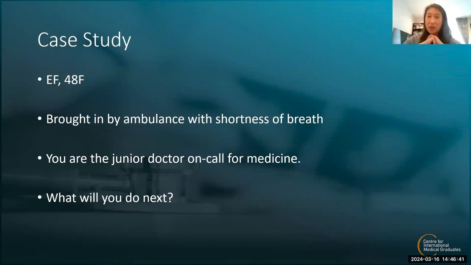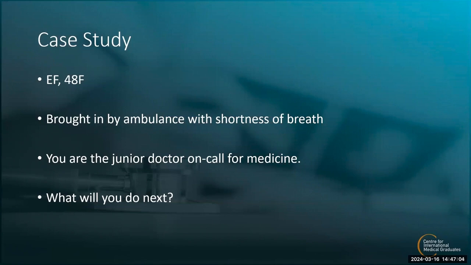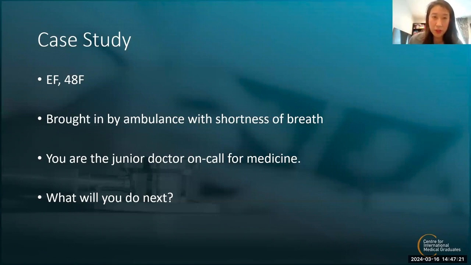But in terms of the history, what critical things do you want to know as well? Assuming she's talking in full sentences and she is cognizant, so travel history, that's one of the things that you would ask. Any cough, any pleuritic chest pain, like sharp pain in the chest, any recent travel history, like air travel, and if she is bringing up any phlegm, if it is frothy or if she has any hemoptysis. So we are going to ask all these questions. Okay, so that's a good quick whisk through of what we would ask.